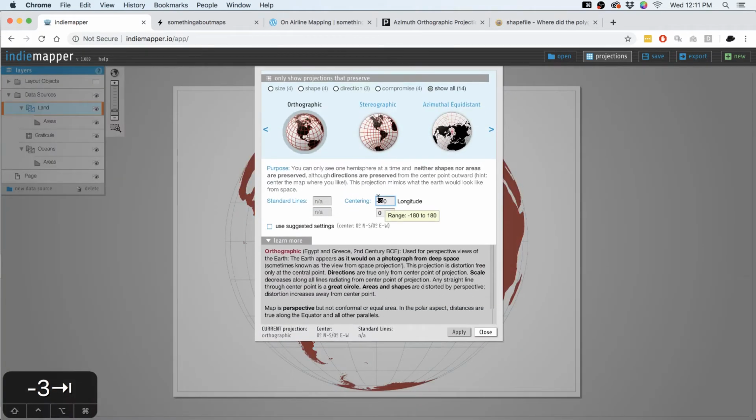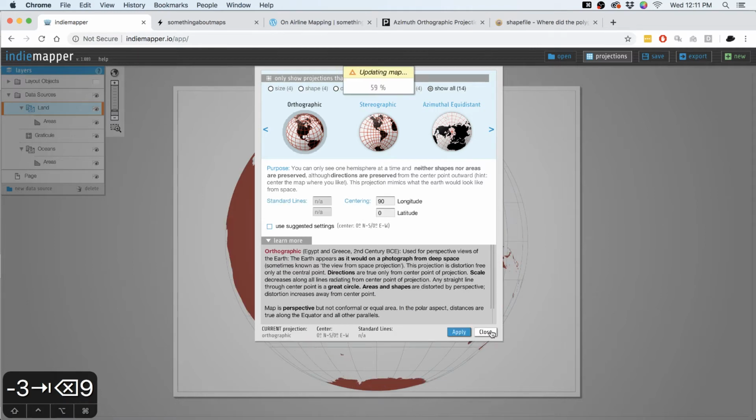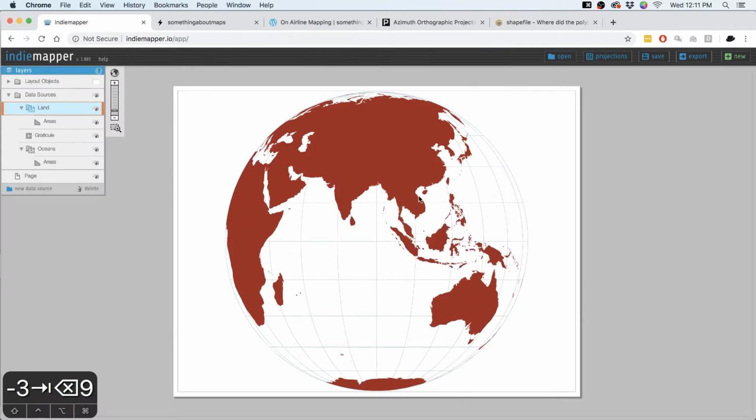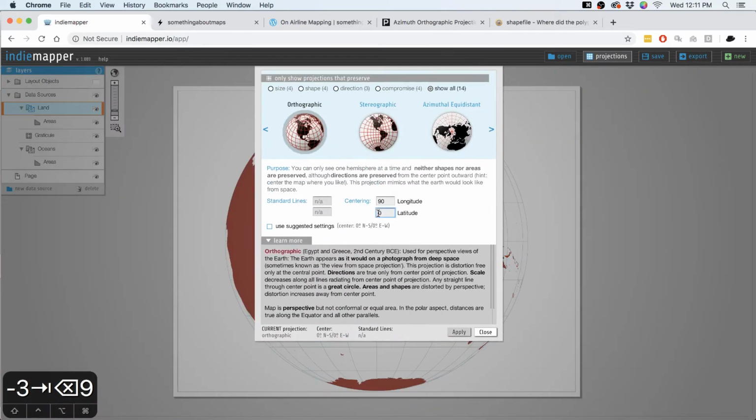What I'm going to do is make a map, I've decided, of the Indonesia, Philippines, sort of the Malay archipelago area. So let's jog over a little bit to 90 degrees east and see where we're at. Yeah, so kind of this area here. Now I want to still get a pretty nice perspective on things. I want some of this area to be more toward the edge of the globe, where it's going to be rotating away from me. So I'm probably going to want to move my latitude down a little bit.